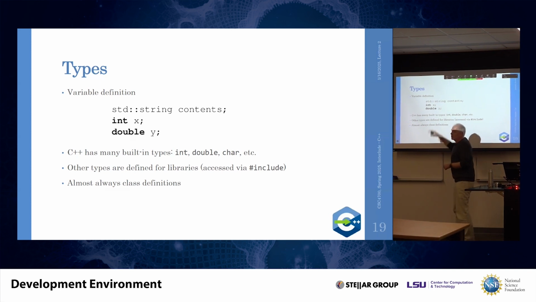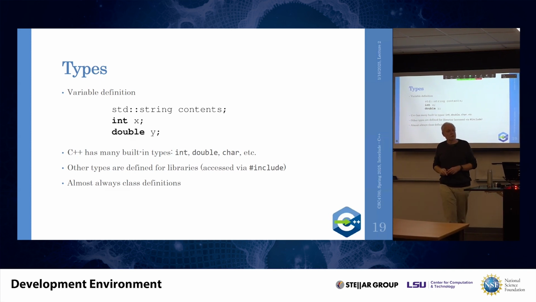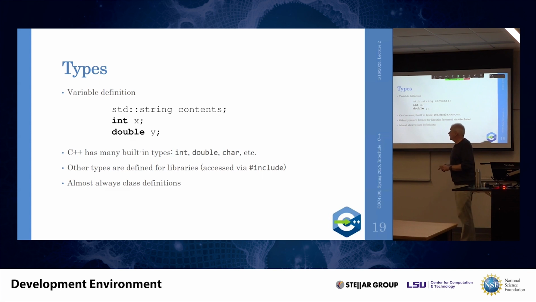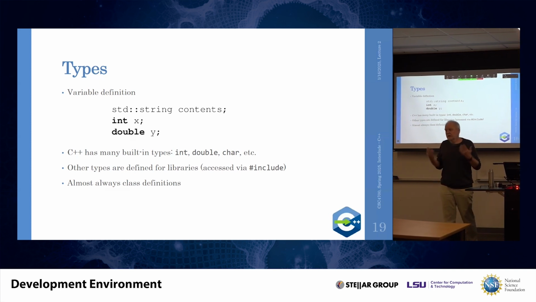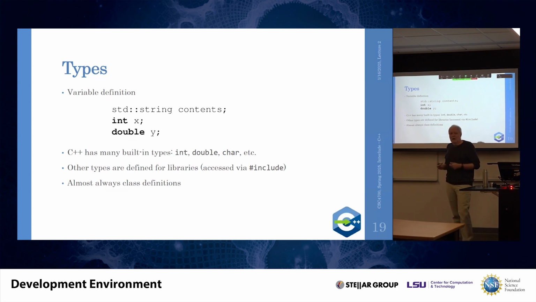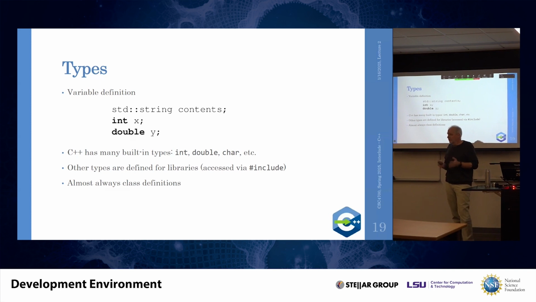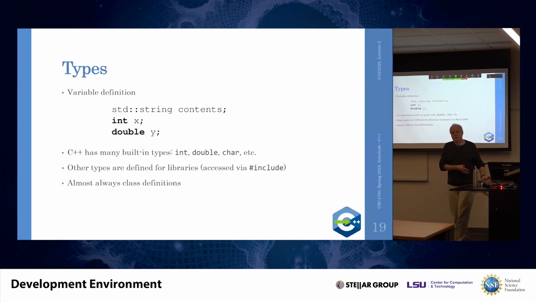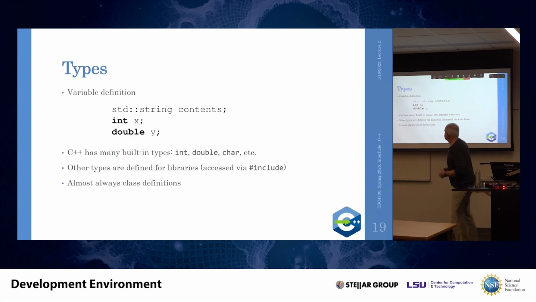Everything else has to be built based on user-defined types, like the standard string here. So string is a special class that is defined by the standard library. That's why it has that std:: in front of it, which marks a user-defined type. So all the things we will see, standard vector, standard string, all the things we will see from the standard library are defined using the features of C++ itself. So they are user-defined types that are predefined for your use.